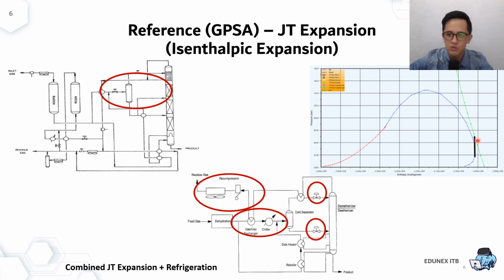That's why it will be recommended for us to compress the gas from 700 to above 1000. So it will be somewhere along this area, and then once we expand it at higher pressure to 700, we will get inside of the envelope and we can get the condensate. So in terms of the configuration, that is the JT valve, just like a typical control valve.